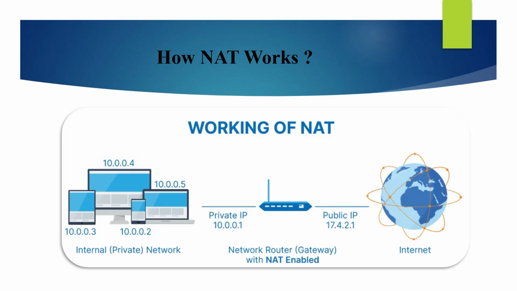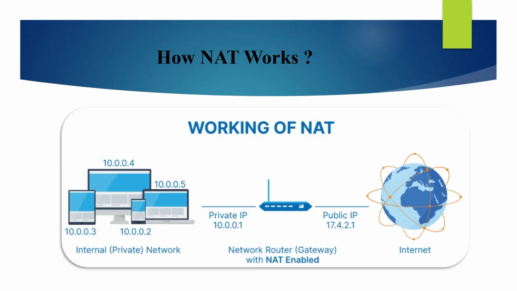Here in the picture, you can see that there are three types of IP address assigned: 10.0.0.2 to 10.0.0.5. When these devices, for example the laptop with IP address 10.0.0.4, want to access a website such as www.google.com, it sends a request to the NAT-enabled router. The router, which has a private IP 10.0.0.1 to communicate with the internal devices and the public IP 17.4.2.1 to connect to the internet,